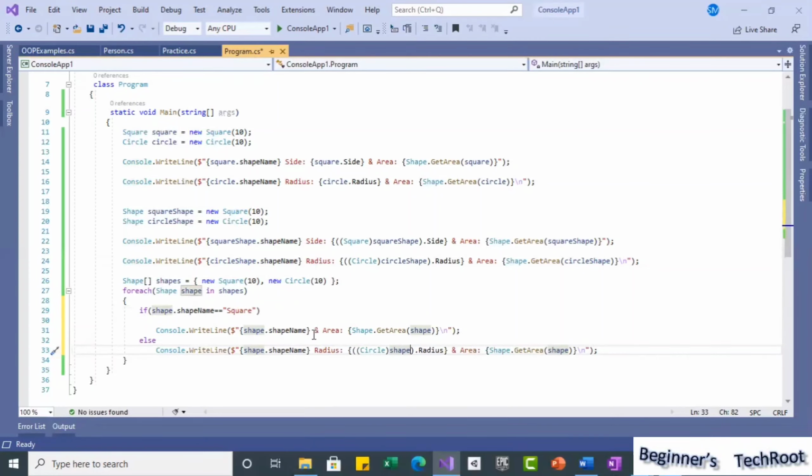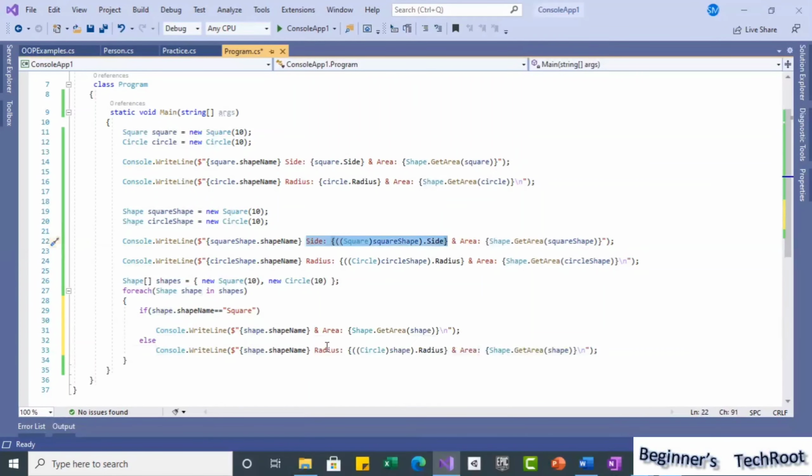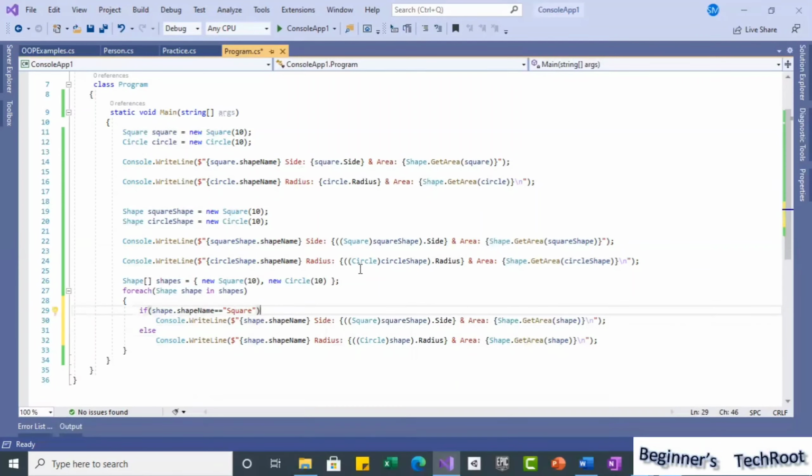Similarly for the square, you can put this. If the condition is satisfied, it means this is a square. Currently we implemented only square and circle, so I have immediately written else. If there are multiple, you can even have a rectangle, various shapes.